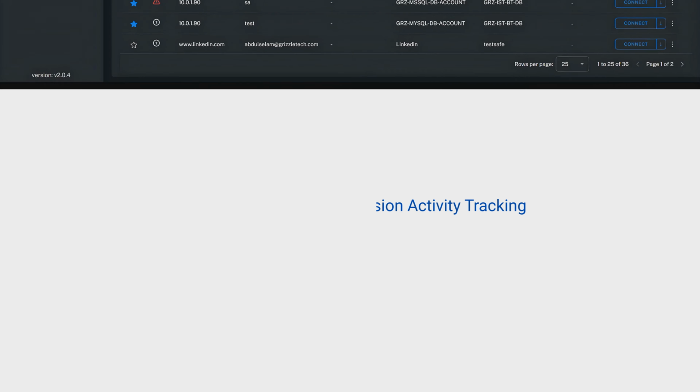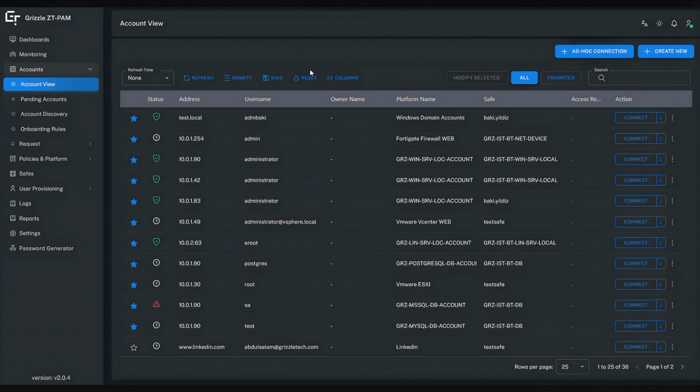The Activities feature allows you to clearly see what users do during a connection. It does not only record the screen, but also captures opened applications, typed commands, and performed actions as individual activities. This way, instead of watching long session recordings from start to finish, you can focus directly on the actions that